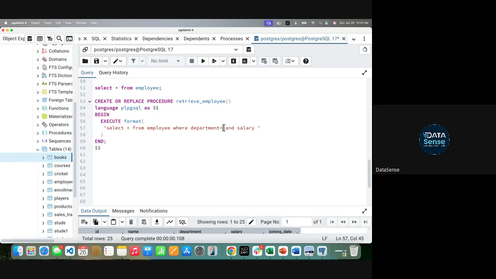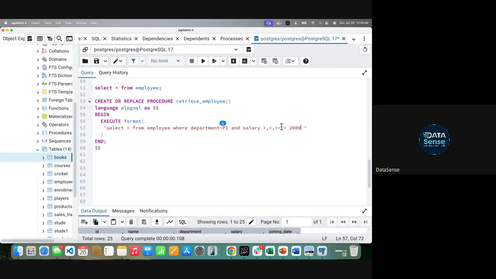So you cannot simply pass the HR value here or anything. You need to pass a parameter here. And salary, suppose you want salary to be greater than, or less than, or greater than equal to, or equal to some number. Let's say the number is 2000, right?